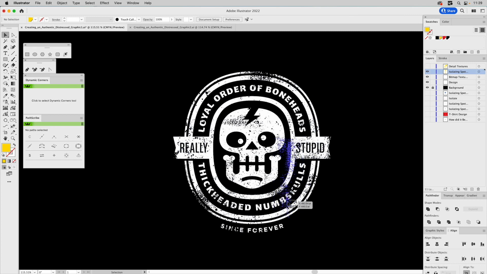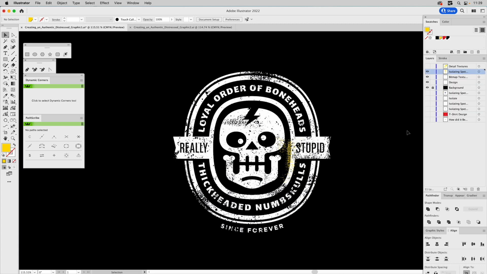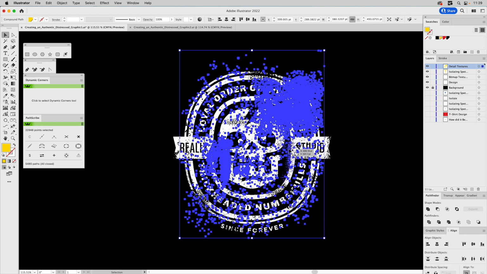So I'll just click into isolation mode, grab my lasso tool, and I'm just going to lasso these vectors down here and just delete them because I don't need them. Like that. And then I'm going to turn on this layer, and you can see all these other vector-based images. So we'll select that, select the original yellow we brought over, select the image we had in the background,